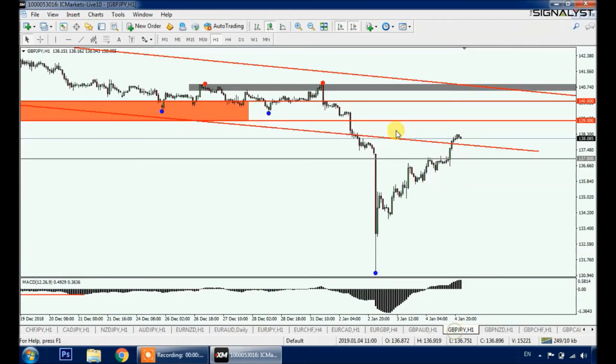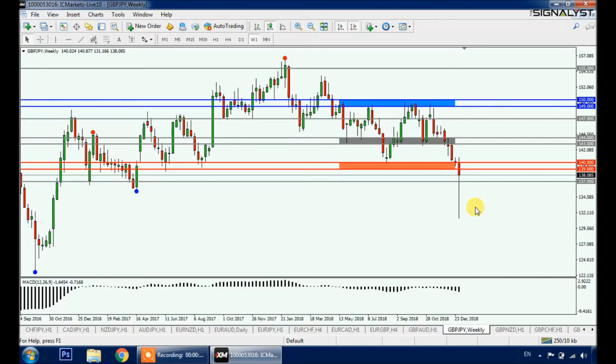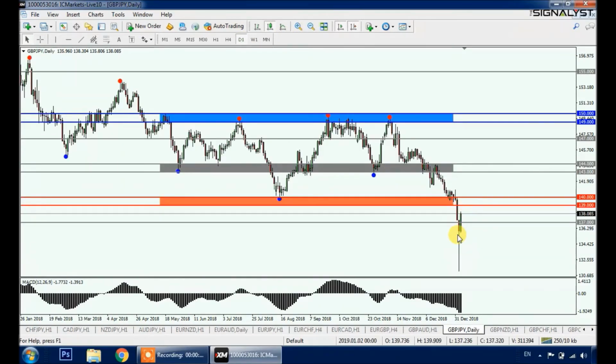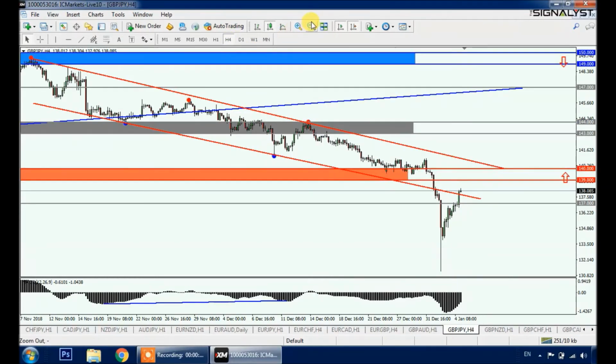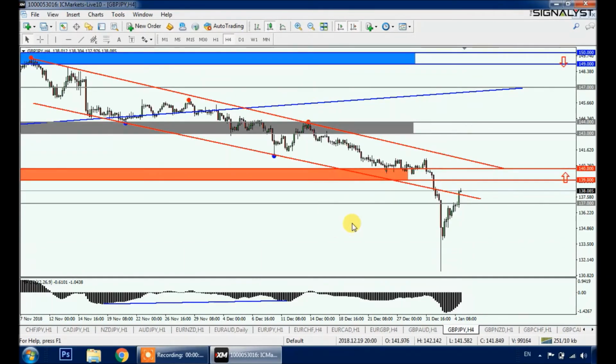Next we have GBP JPY. On weekly time frame we have a big rejection candle just like any JPY pairs. On daily time frame we have this momentum candle engulfing the previous one, which is a rejection one as well. On H4 we don't have any objective setup yet,